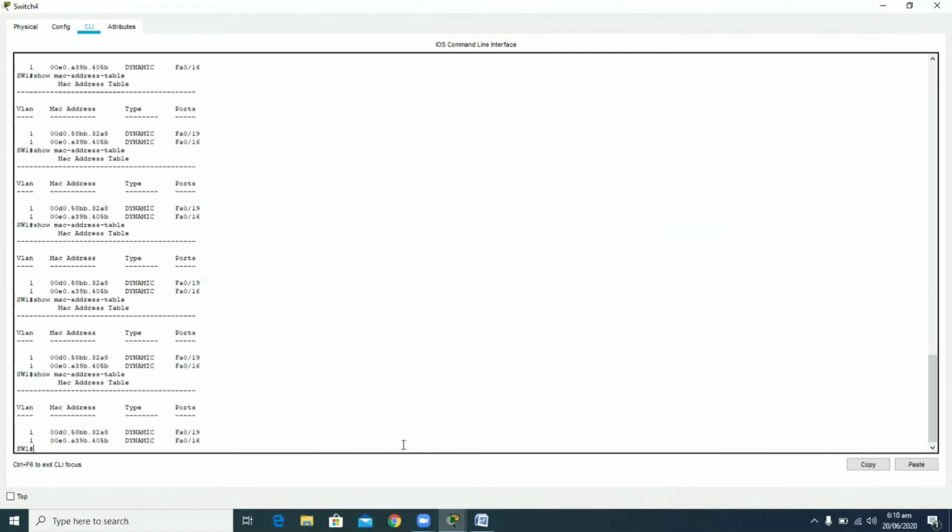So after every 300 seconds of no activity, the MAC address entry will be deleted. So we have to wait 5 minutes, then we will see that the MAC address is deleted from the MAC address table of this switch. You can increase the MAC address aging time according to your need, but by default it is set to 300 seconds.